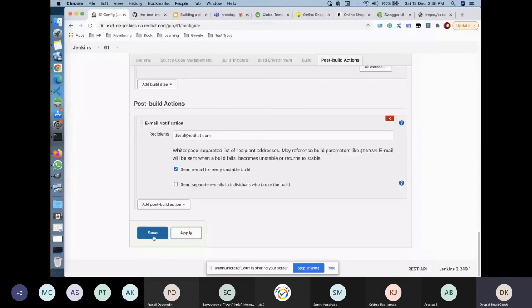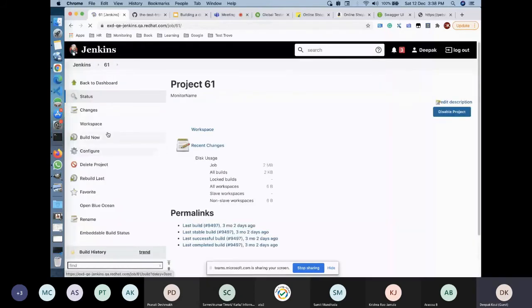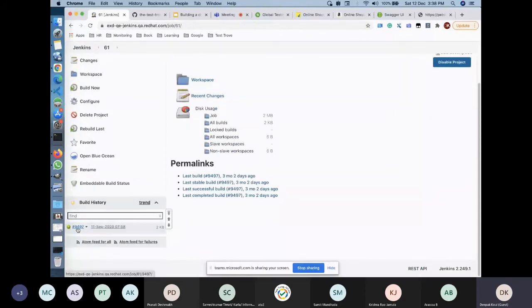Before I disabled it, it used to run every 5 minutes. So you can see, as I said, it has run 9,497 successful builds. So there is no chance of the non-deterministic failure here, because this is a very short test. As I said, we need short tests when you are making checks. Plus, it is headless. That also helps. So there are certain things which help in making your test very reliable, and these are some of those things.